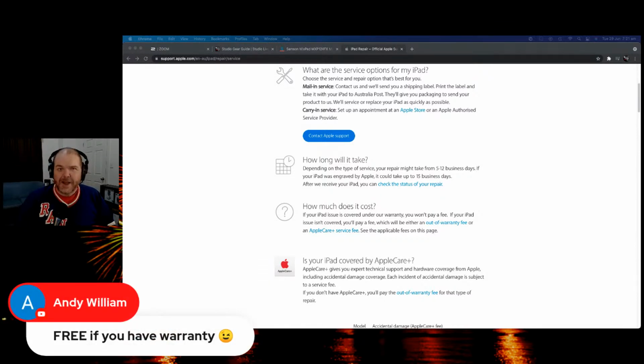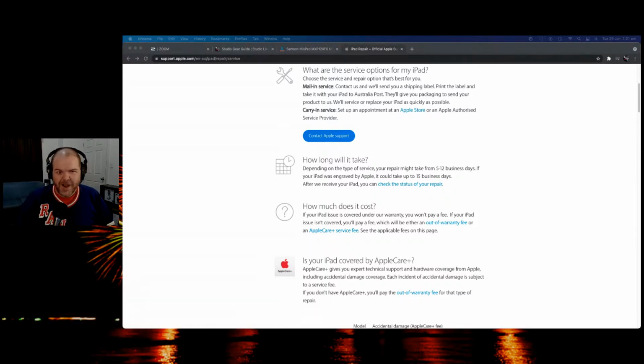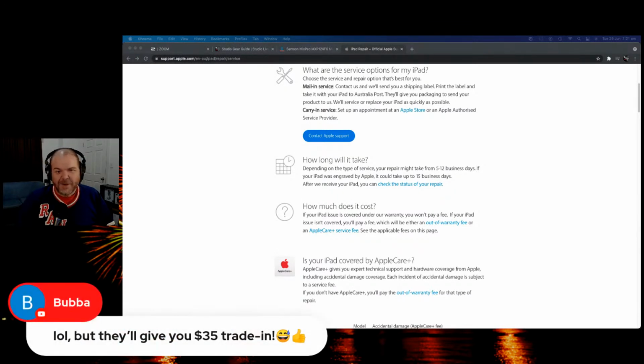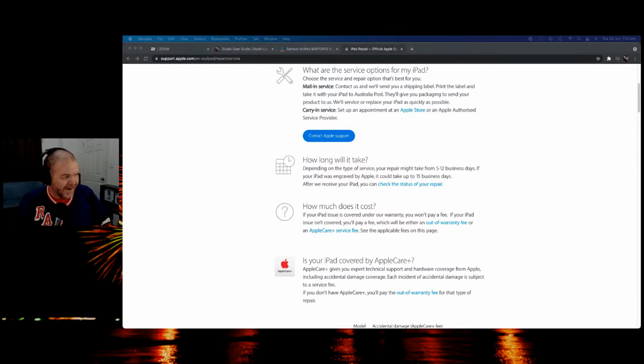Yeah, I bought this iPad Pro. It's an iPad Pro first gen, second hand, and I bought it about 2 years ago. So it's about a 6-7 year old iPad. So let's see. Yeah, they'll give you a $35 trade. Oh, that's the other thing. I wonder how much they'll give me a trade-in on this, on a new one. So let's jump in here. So how much does it cost?